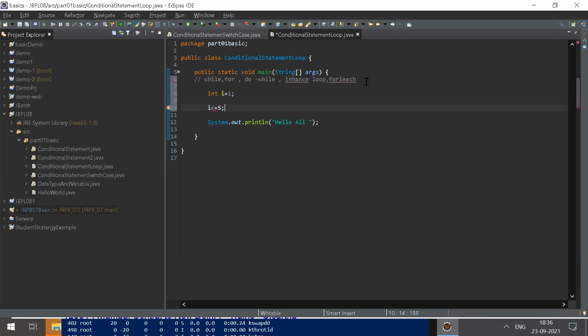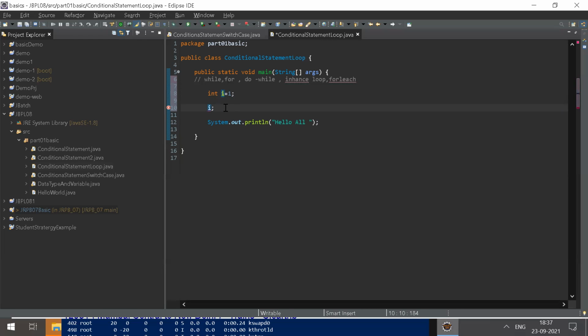Tanu, will this condition be true or false? True. Yes, it is true, which means your loop will execute. Now i less than 0, will it be true or false? False. Yes, your loop will not execute. Your loop execution depends on true or false.